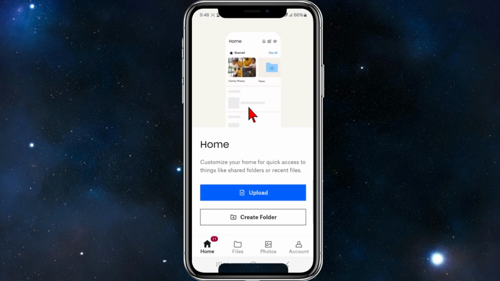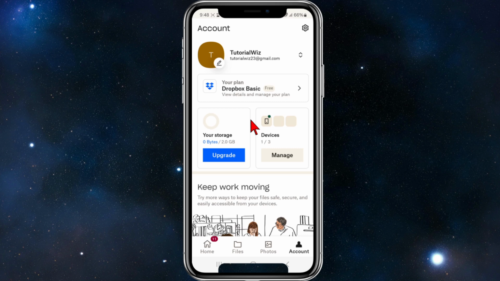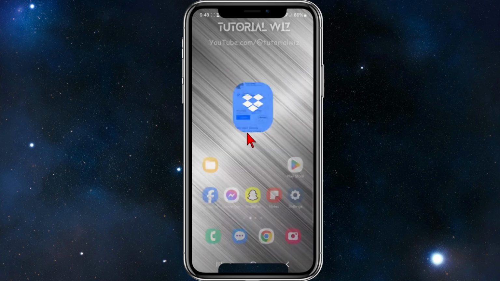So if I go ahead and open up my Dropbox app, and if I scroll around, you can see what my font size is currently set to. So in order to make this larger and a bit easier to read, what we can do is head back